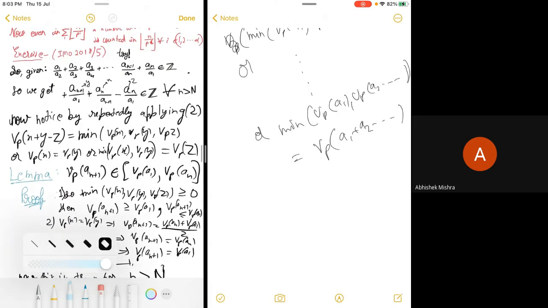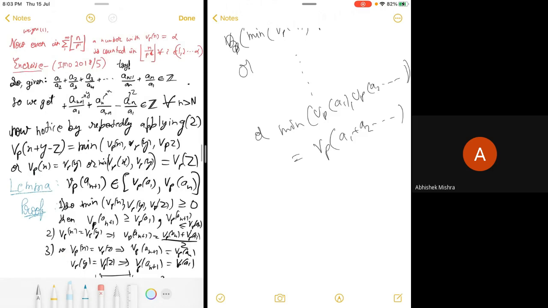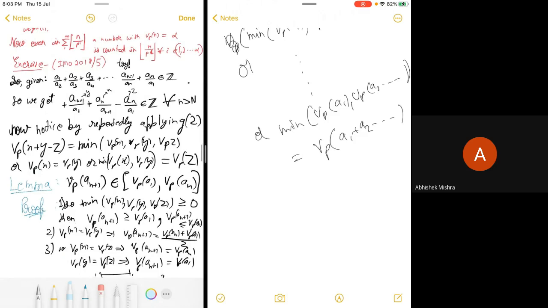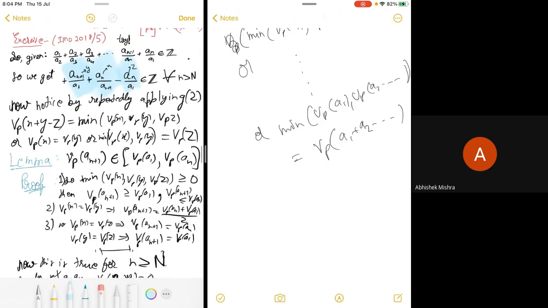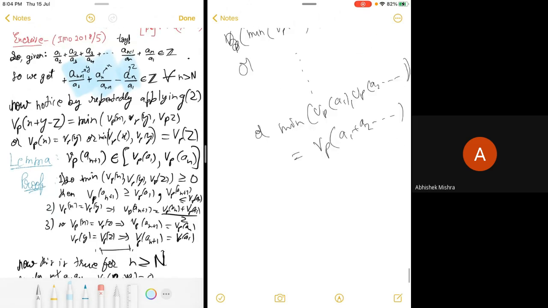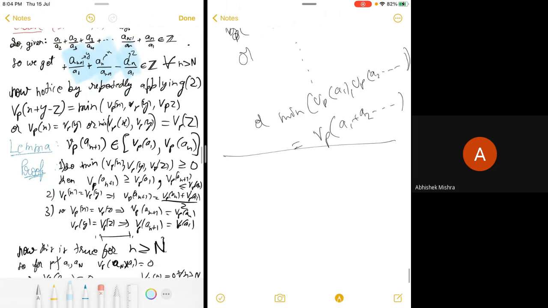So I'll just prove this. What we do is consider this thing as y, this thing as x, and this thing as z. Then this basically becomes x plus y minus z. And don't worry about the minus z, because this thing is true in rationals. You can just put minus z as plus or minus z, so that thing is still true. Thus, the sum of the Vp's.